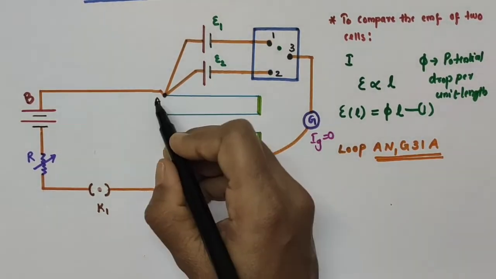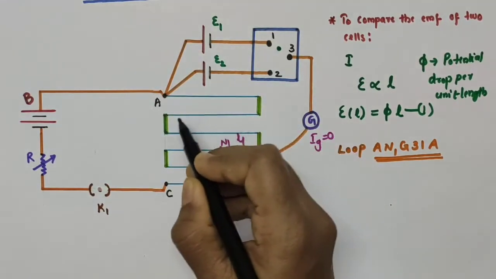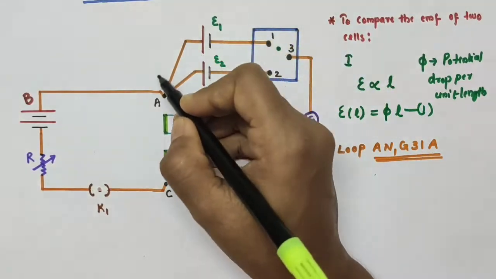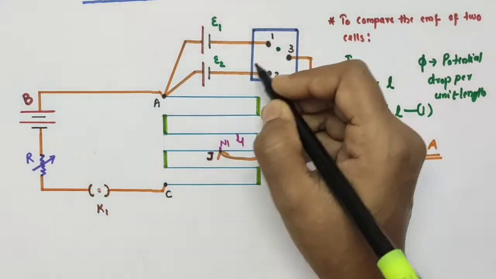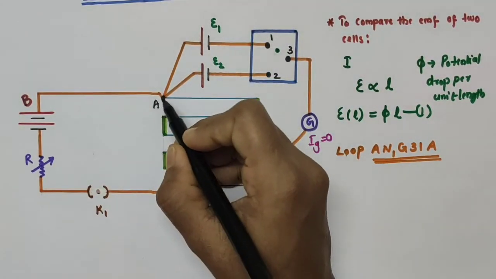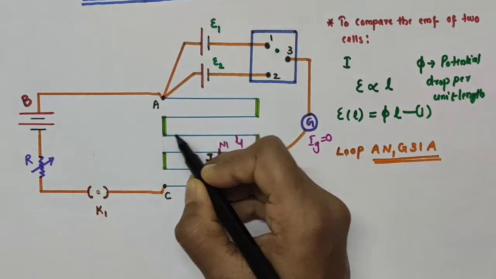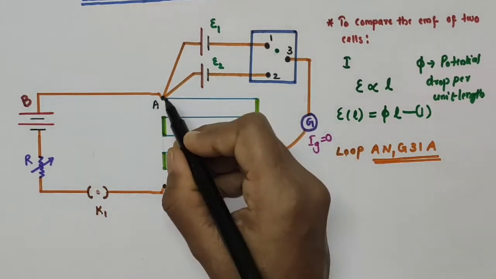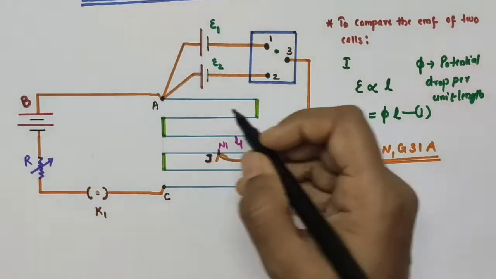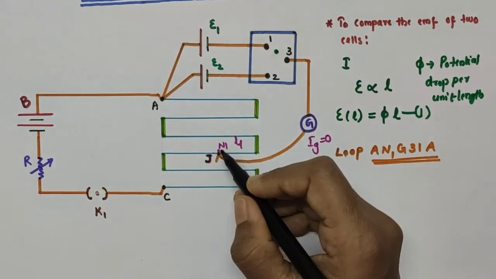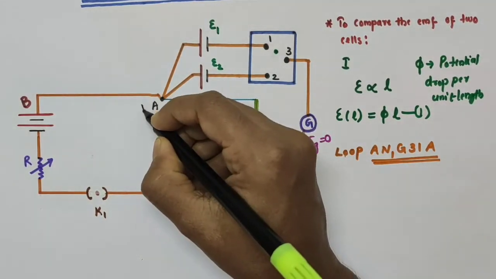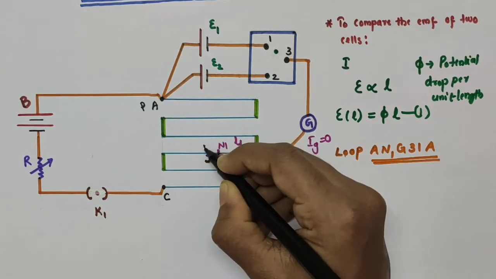So you see, I'm starting from A, then I'm coming like this, I'm reaching this point N1, then I'm going to G, then 3, 1, again back to A. So I'm moving like this. That is in the anti-clockwise direction, no? Alright, so when I'm starting my motion from A and I'm coming to this point N1, there is a wire of length L1 there. You just imagine current flows from A to this point, like this. So this will be the higher potential region and this will be the lower potential region.